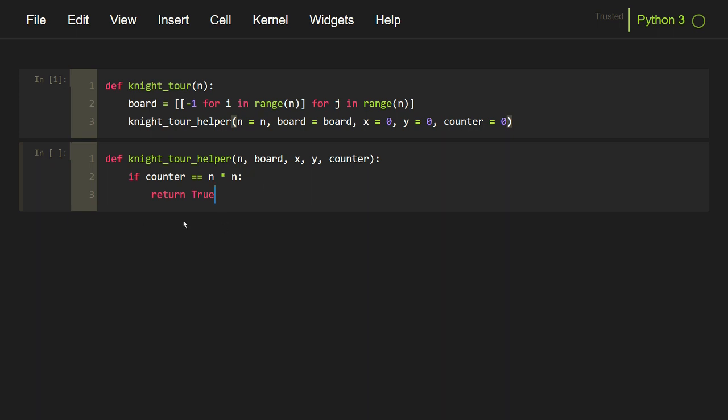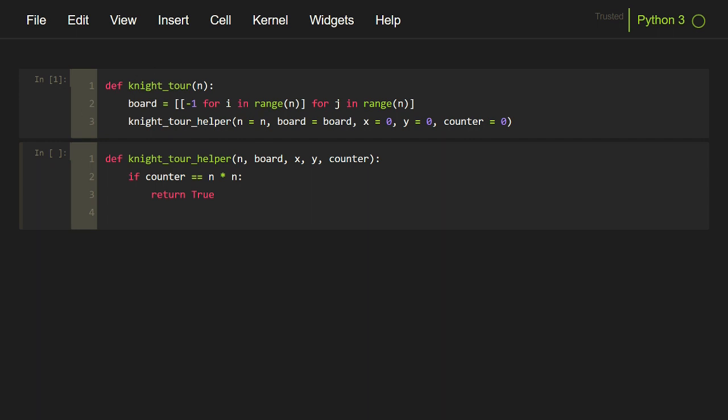and this boolean value will be used internally only, because as you can see that we are not using this value inside this knight's tour function, that is the original function, and we are not using this return value anywhere. So we are just initializing the recursion from this statement, but this boolean value will be used internally. So this is one of the base cases, like if we have visited all the cells, we don't need to move our knight anymore. So that is our winning case.